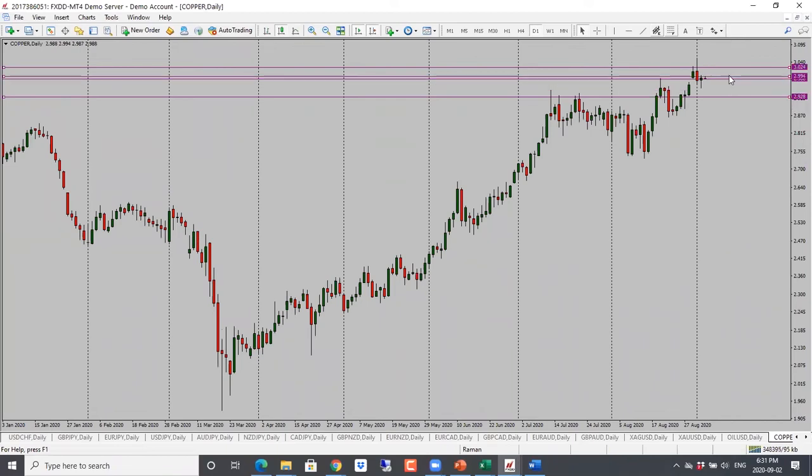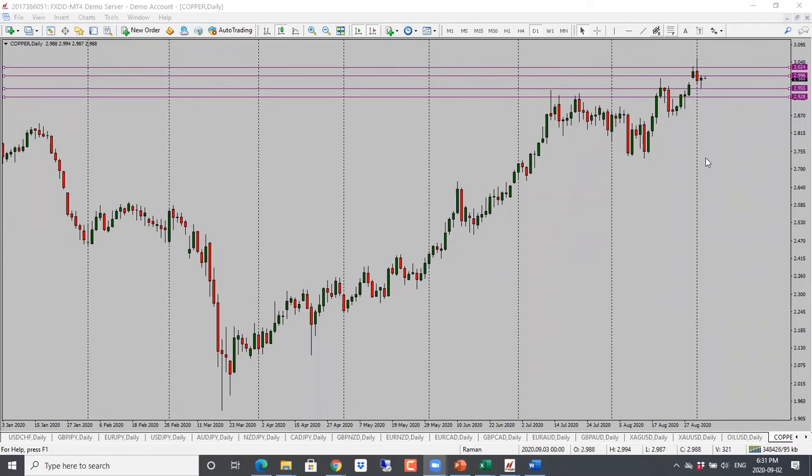Copper here, copper hasn't really done a whole lot. It did pull back a bit, but not convincingly bullish at this point. If it doesn't break today's high, we may get that pullback. So this may just be a pullback for a further drop. So watch out for that. Neutral right now. As long as it holds below 3.00, I would be looking for a drop. First target 2.95, then 2.93.